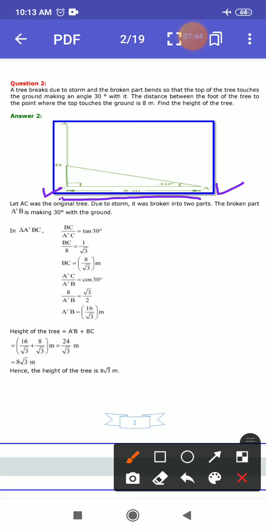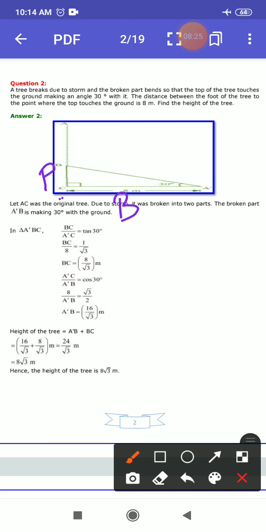So first of all you have to find this value, that is your perpendicular, and then you have to find the hypotenuse, and this way you have to solve this question. So first of all you have to use tan theta, because we have a relation between a height and the base. This is a height and base, na. So here this is your perpendicular, and this is your base.